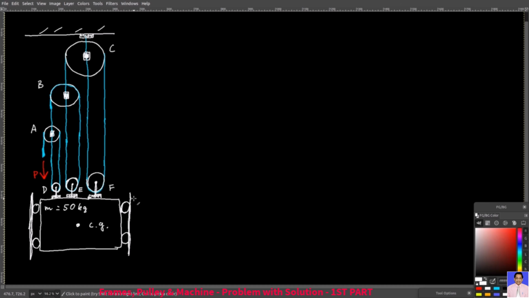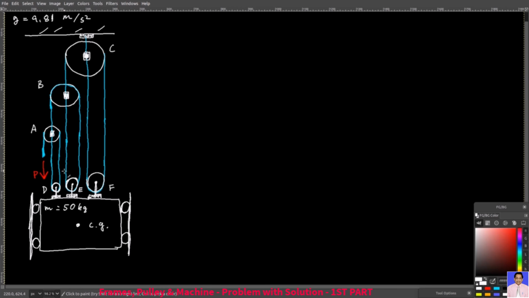And so, my question to you is, how much force P do you need to apply in order to keep the elevator in equilibrium? You can assume that G equals 9.81 meters per second squared. Try it out by yourself first, and then see the solutions in the next video. Thank you. Welcome back. Let's now solve this pulley system and find how much force P we need to apply